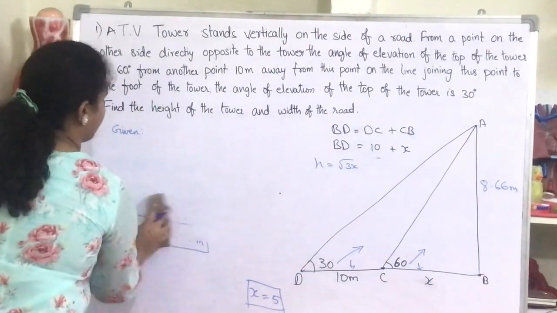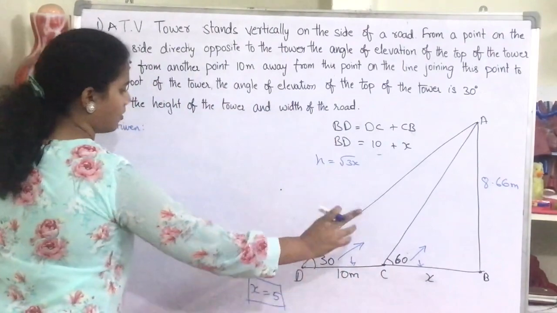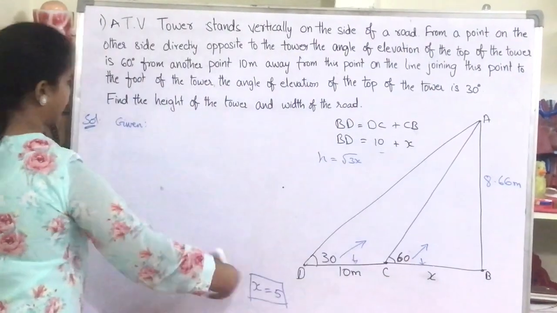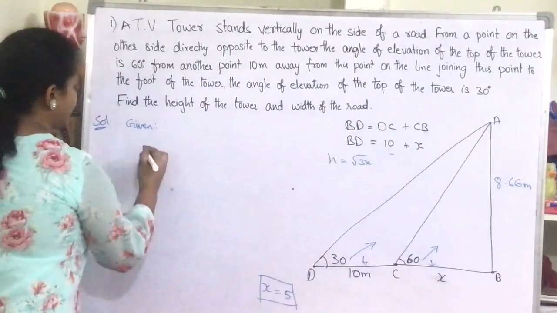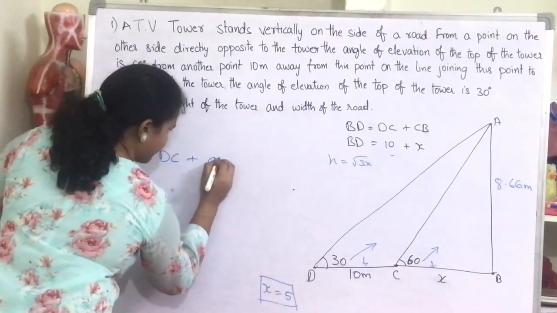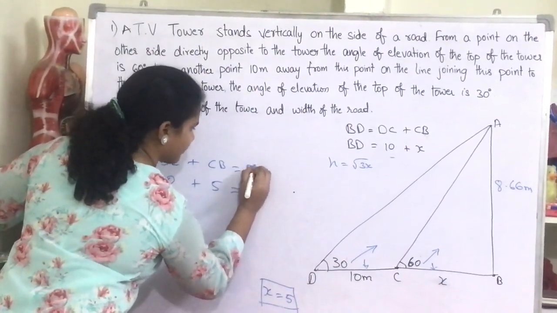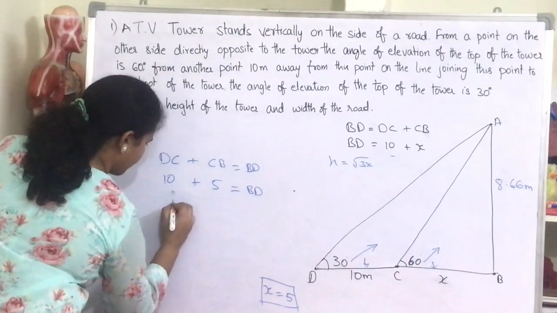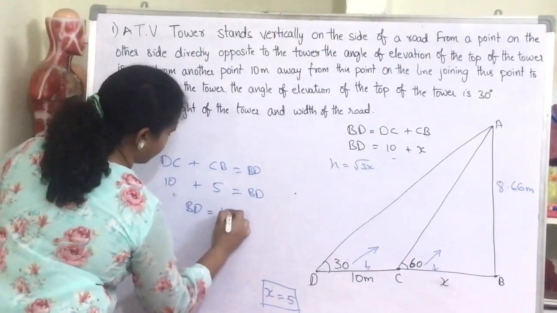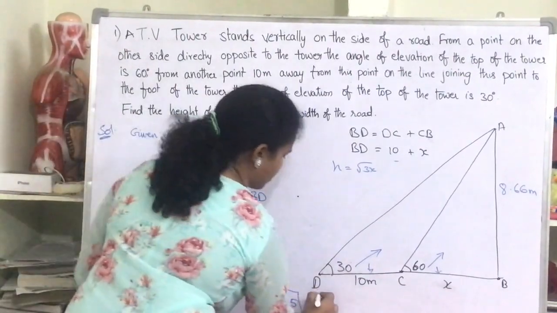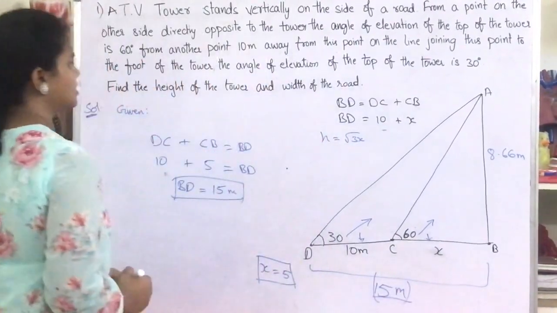And now here we need the value of BC. So to find the value, we need the value of BD. BD is the width of the road, right? So BD equals DC plus CB. DC is 10 plus CB is x, so x equals 5. Thus BD equals 10 plus 5, equals 15 meters. Then, therefore,